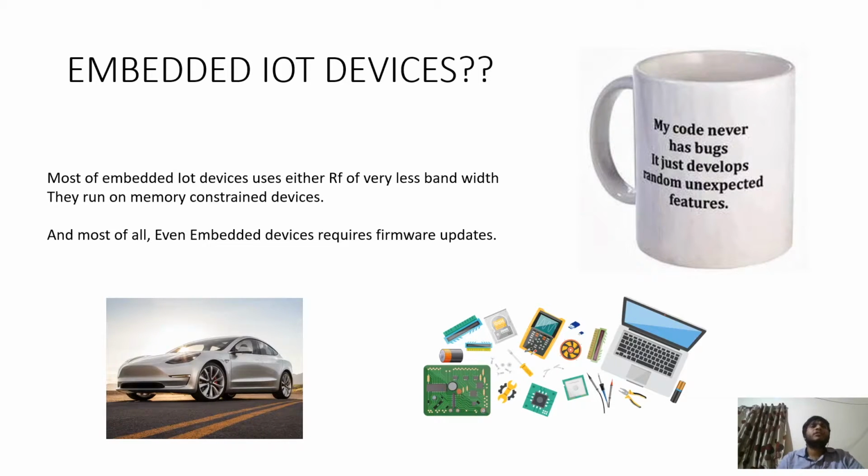So how are updates different in embedded IoT devices? First of all, in general computing machines, the updates you get are software updates. That means they are very less related to the hardware problems. And firmware is something that is directly interacting with your hardware. So in general computing machines, most of the updates are software based updates, while in embedded IoT devices, these updates are firmware based updates.